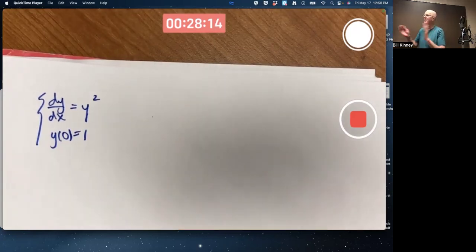Here's your initial value problem. Pretend you didn't know how to separate variables. Is there any other way to solve this differential equation? Yes, you could guess. There are good guesses and there are bad guesses. One actually good guess is to guess